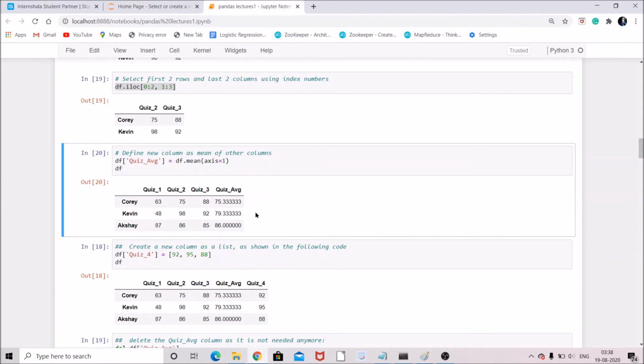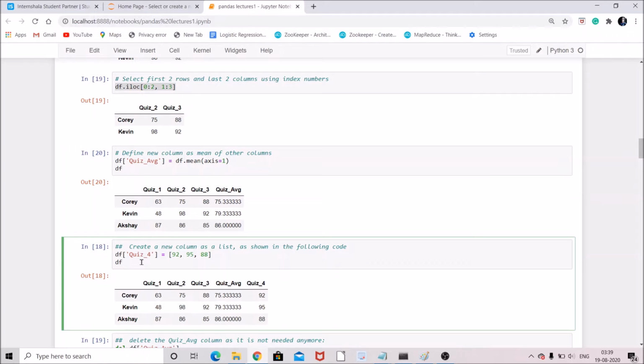Okay, so create a new column as a list as shown in the following code. Suppose we want to create a new column with these numbers 92, 95 and 88. Simply you write df quiz 4 equal to 92, 95 and 88.